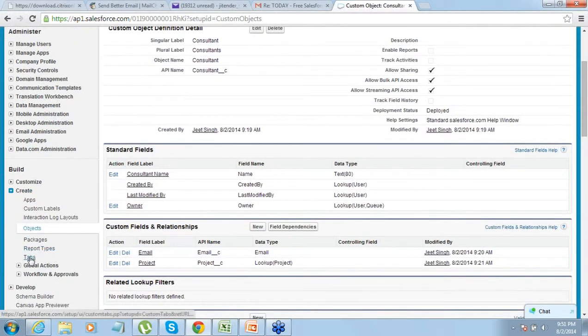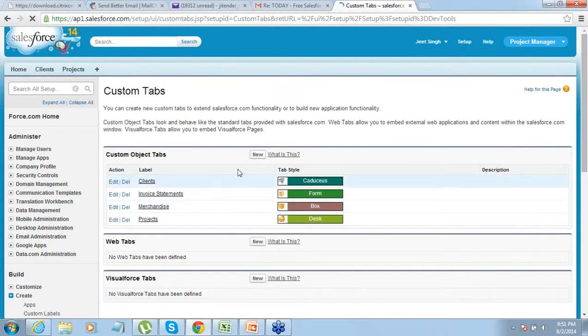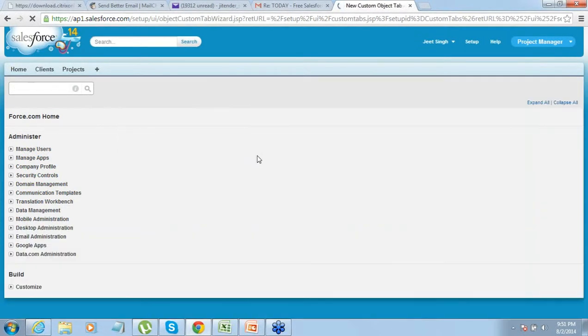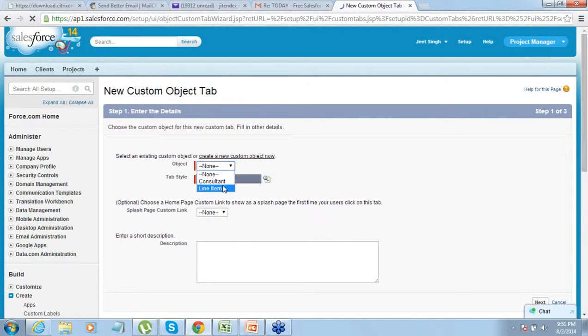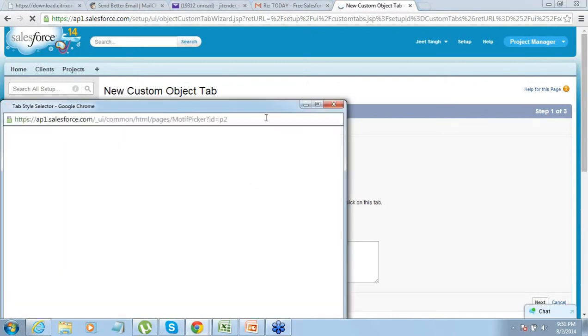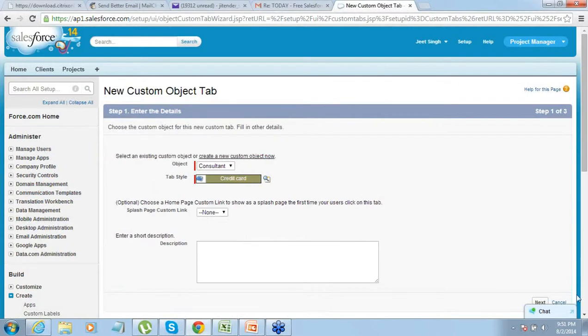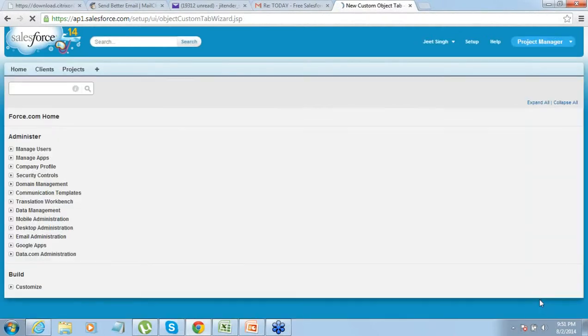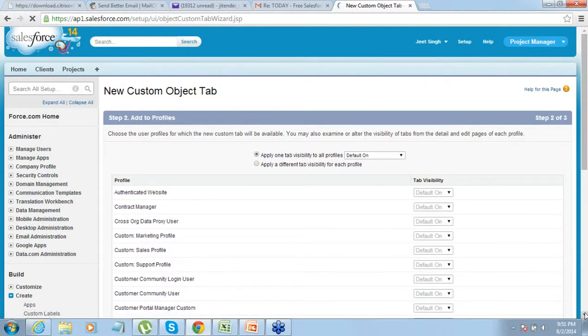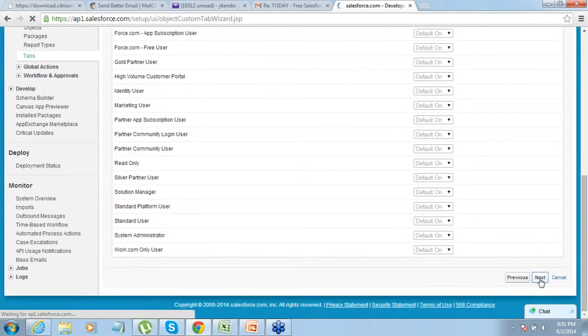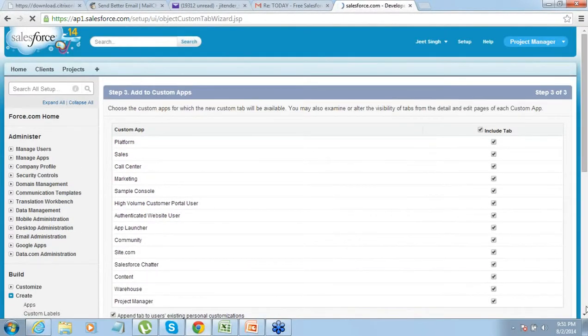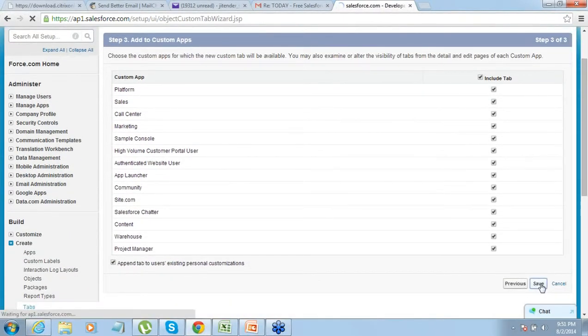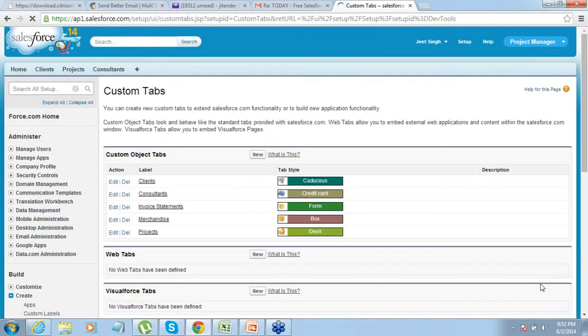Just go to create tabs, new tab, whatever tab style you want to pick, go to next, same steps. That's it. So this is my small application with these three tabs, or these three objects.